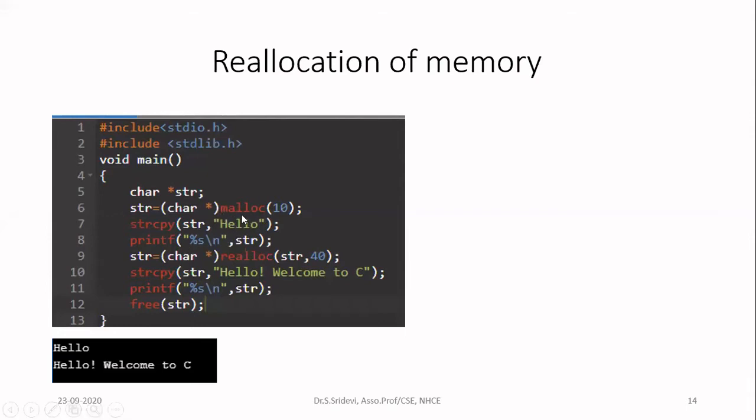In malloc, you have to pass only one argument, which is how much memory you want to allocate. Here I have simply given 10. It is actually a wrong convention. It will work, but don't use this. Instead of 10, if I want to allocate memory for 10 characters, can anyone tell me what I have to pass there?